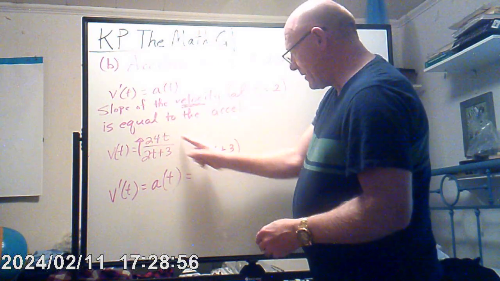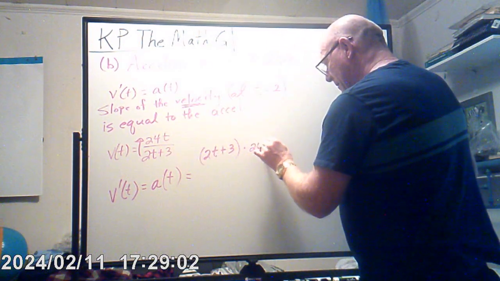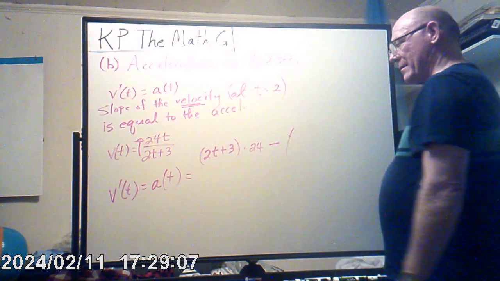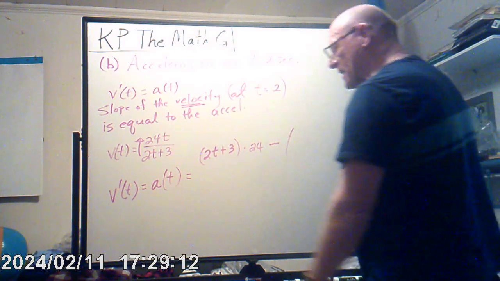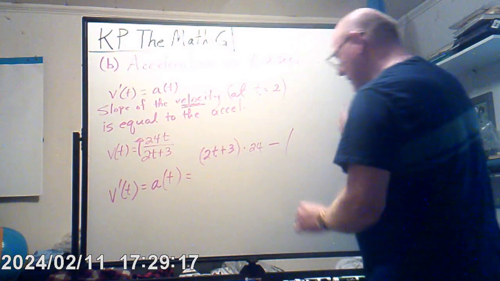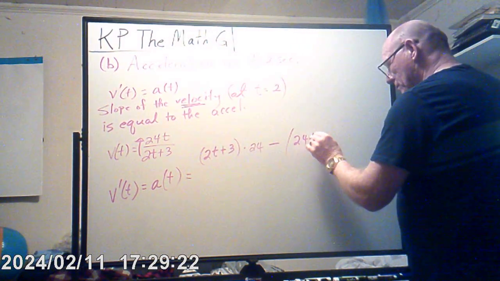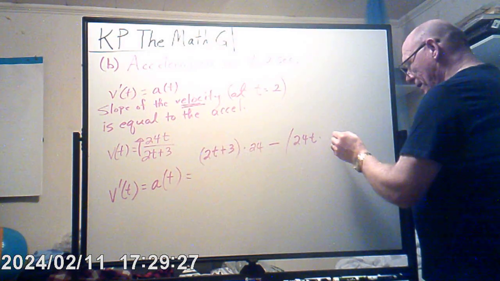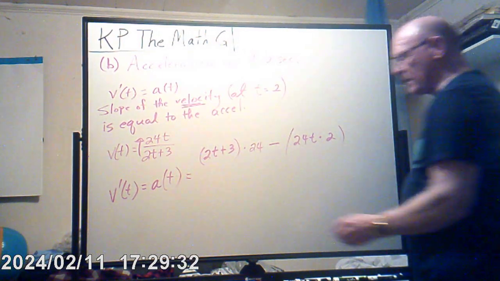Move it up. You've done your job with this one. Now I'll take the derivative of this, so times 24. Now remember, on the quotient rule, you've got to use the minus sign. So low d high minus high d low. What's the derivative of 2t plus 3? Times 2, over